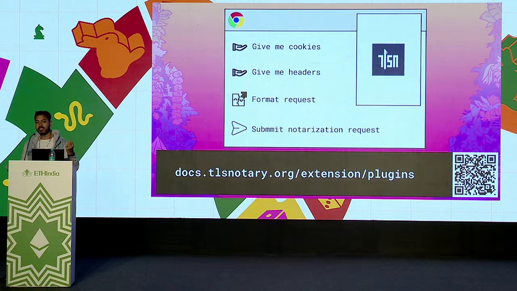And the plugin system is pretty simple. I will go through that. It basically follows a similar structure for each website. And it has basically 3 steps that you have to go through for each plugin. Step 1 is to go to a website. Step 2 is to get all the cookies, and step 3 is to redact or verify and then generate a proof.